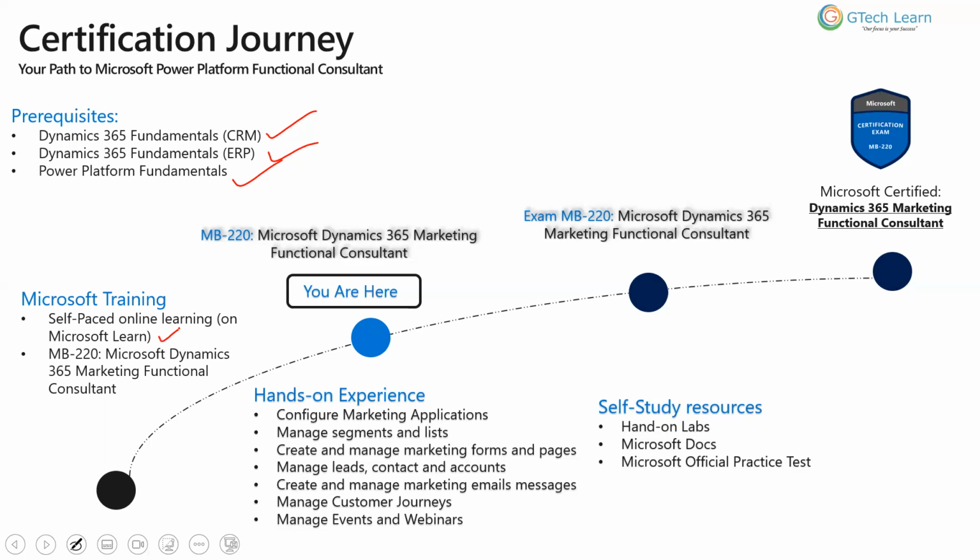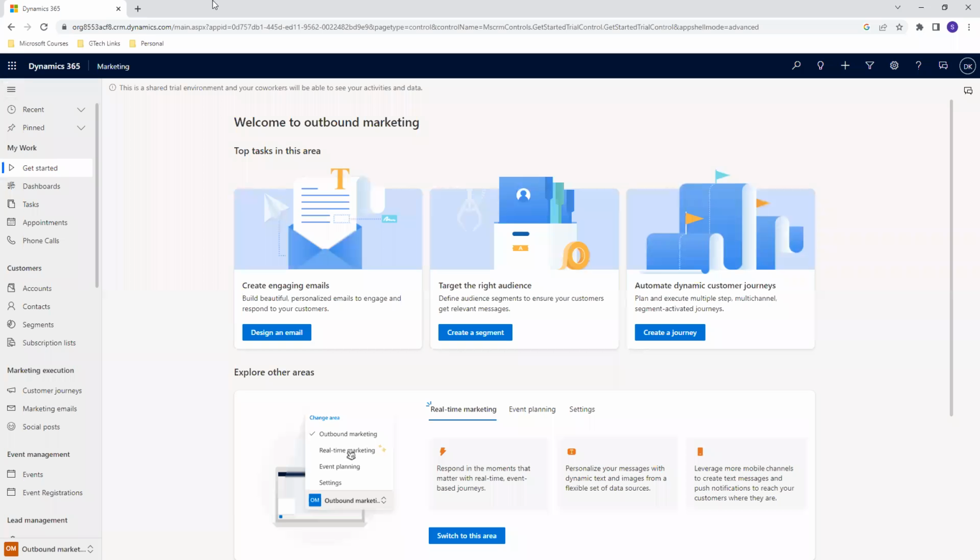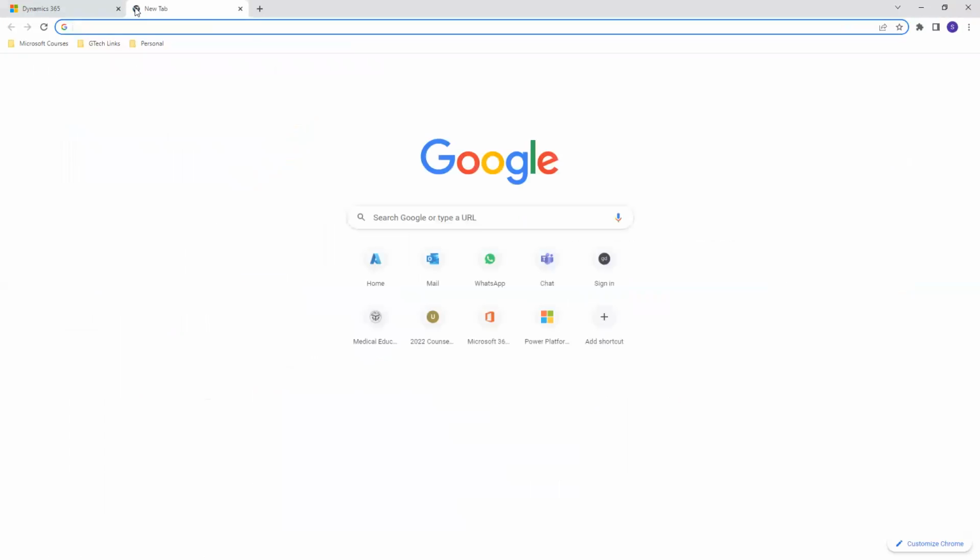So whatever course we want to achieve, we can go and learn it from there. You can find both of these on the Microsoft link here. Let me show how to register your account over there. If you want to access the free study guide for MB-220, which we are going to discuss,